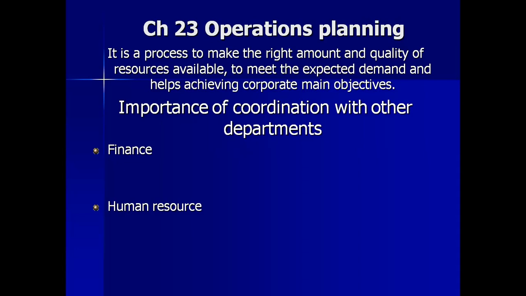So when the operations department conveys that to the human resource department, they will include that in their workforce planning, that yes, we need to hire a certain number of workers having a certain amount of experience, ability, or training, right? So they do it, and then the required amount of workers with the required skill are available to the operations department when they actually need them. Otherwise, if they do not coordinate with the human resource department and they tell them all of a sudden that we require workers within a week, let's say, the human resource department may say that we cannot actually